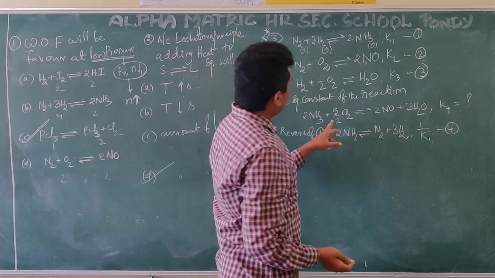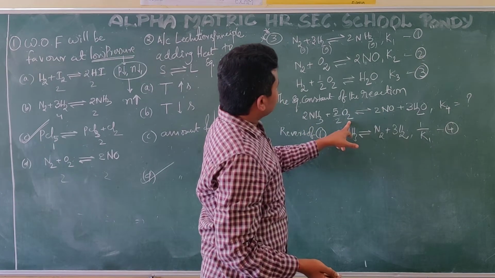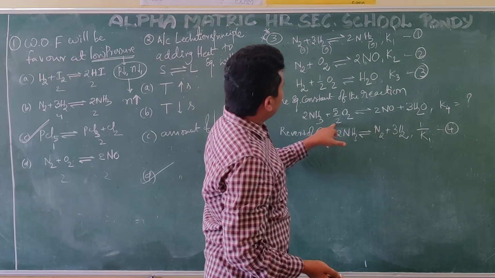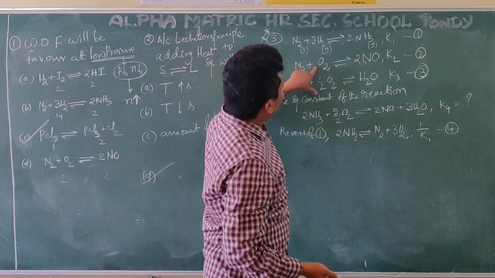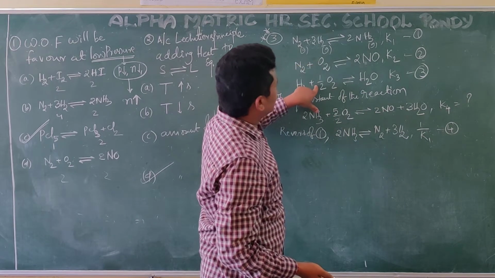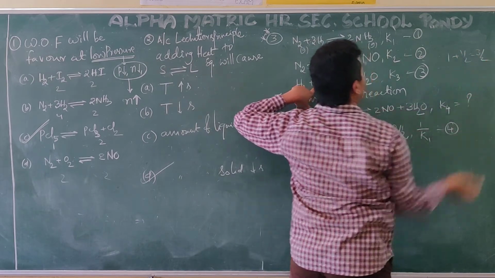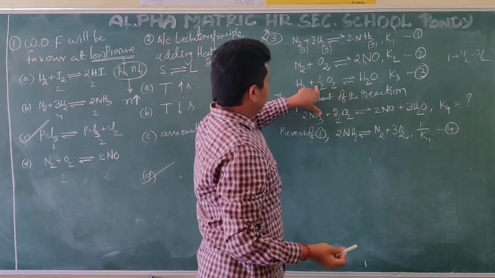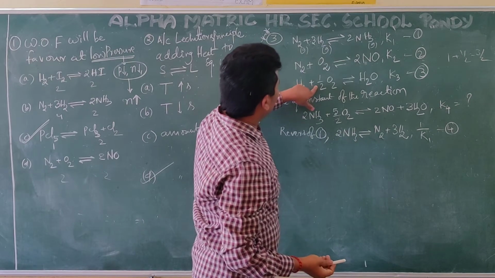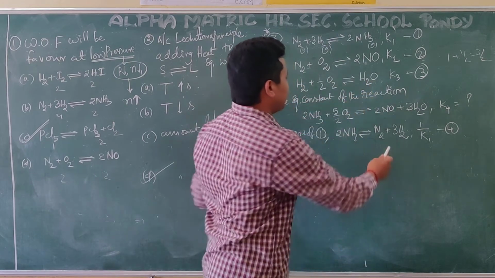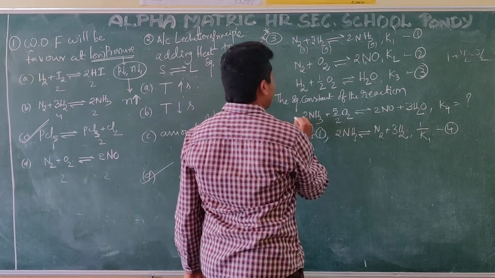Now, what is there? Oxygen, 5 by 2. Here, how many oxygens are there? 1 oxygen, and 1 by 2 oxygen. 1 oxygen plus 1 by 2 oxygen, only 3 by 2 is coming. So what I am going to do is go for another molecule. What is the other molecule? What is required on this side? This is my target equation.